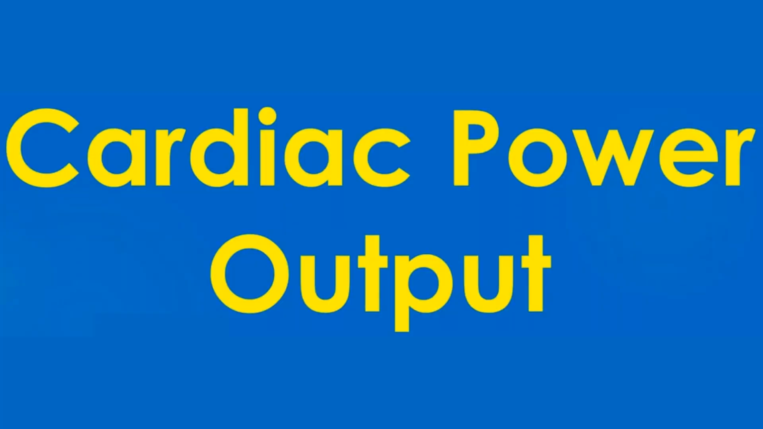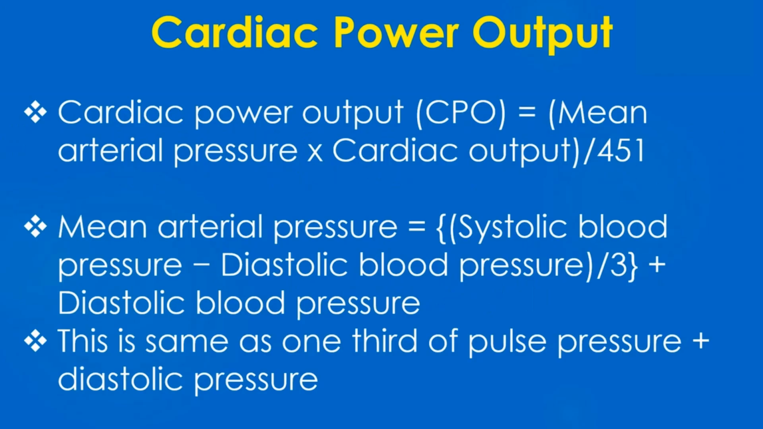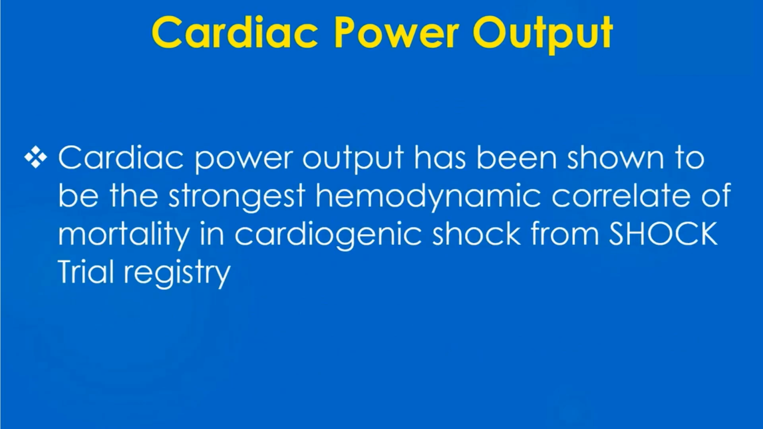Cardiac power output is measured in watts, and cardiac power output less than 0.6 watt is a poor prognostic indicator. Cardiac power output is equal to mean arterial pressure times cardiac output divided by 451, which is a constant. Mean arterial pressure is equal to 1/3 of pulse pressure plus diastolic pressure. Cardiac power output has been shown to be the strongest hemodynamic correlate of mortality in cardiogenic shock from the SHOCK trial